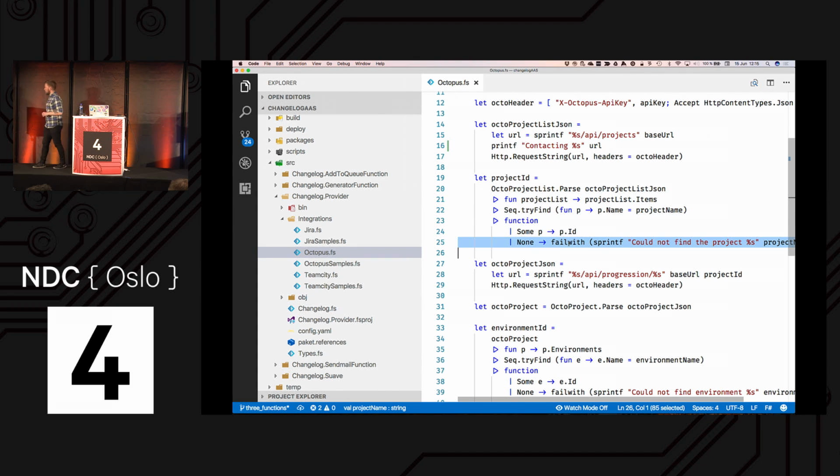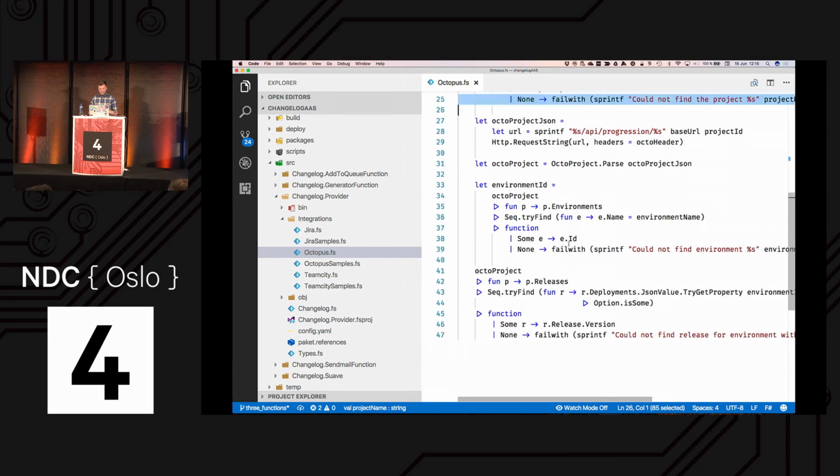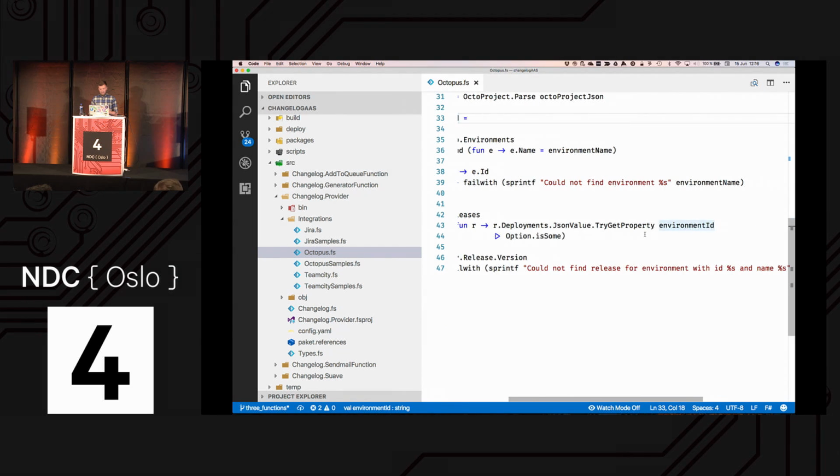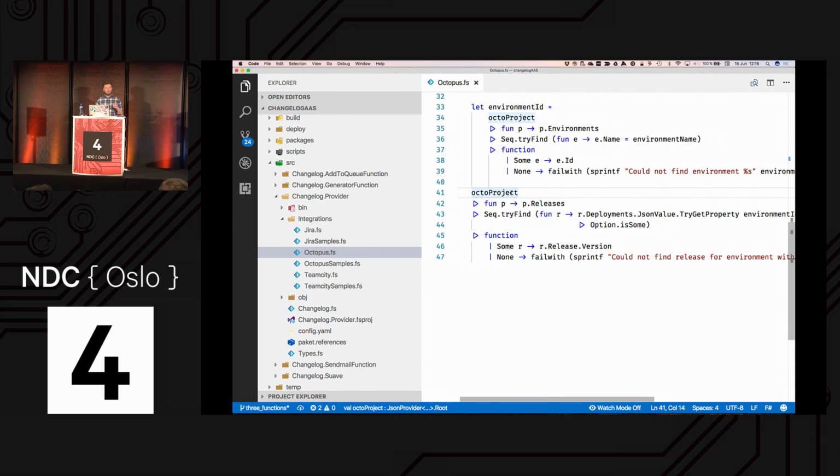Of course, you can do whatever you want here. Then I have the project ID. Then I can do another API call to get all the information about the project. And in there, I can find out which version of the app is actually deployed in the environment that I'm interested in. So a bit of back and forth, but I get type safety the whole way, so I'm not